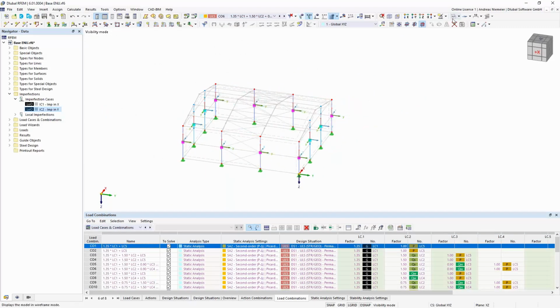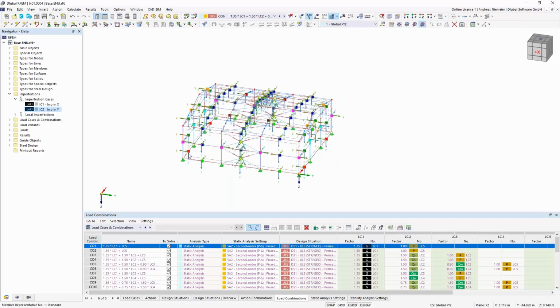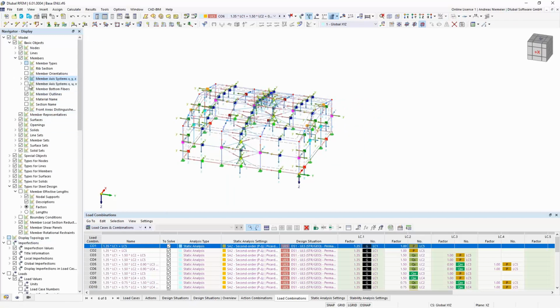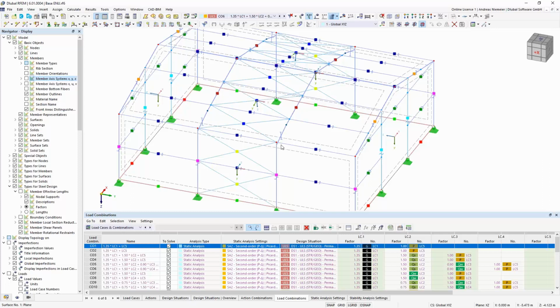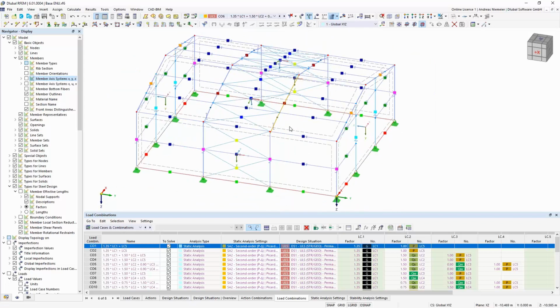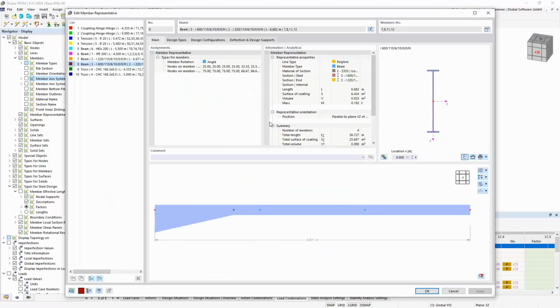The design is now generally done. So if you model something, RFEM 6 thinks he prepares everything and he prepares all data what is possible, but what could not be done is the stability setting. So if we take a look on our beams, we will see that we have maybe here roof beams which will be braced at these points. And for this we can open, for example, this representative and can say we have a bracing for the stability check.